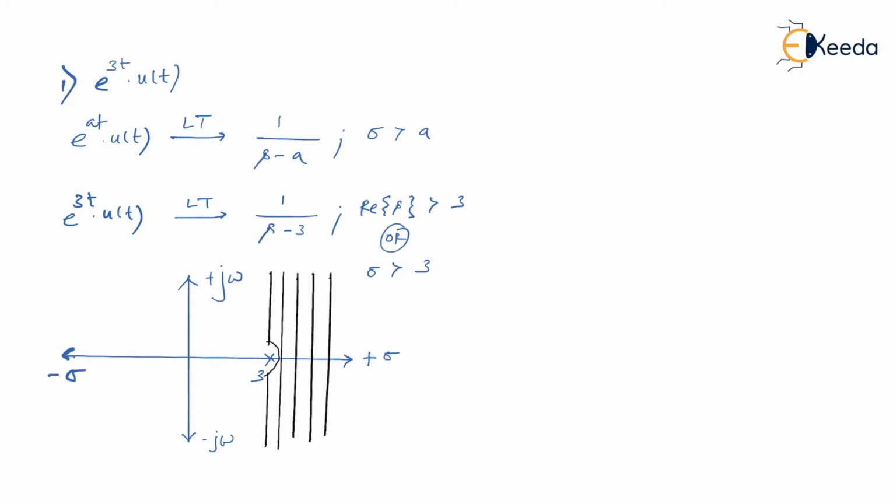So I'll remind you of certain things which you can use as a trick. Please remember, for a function multiplied with u of t, the ROC would be on the right hand side, that is right hand side with respect to the pole. Now the question can be, where is the pole? It is very simple. The coefficient of t is nothing but the pole. So the coefficient of t over here is 3. So the pole is residing at 3. This always indicates a pole, and u of t indicates the ROC towards the right side.